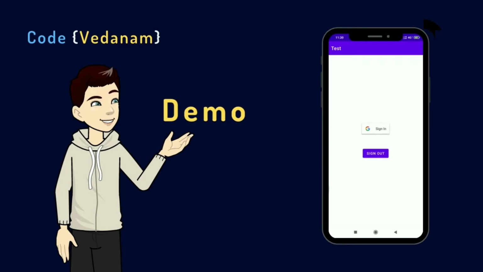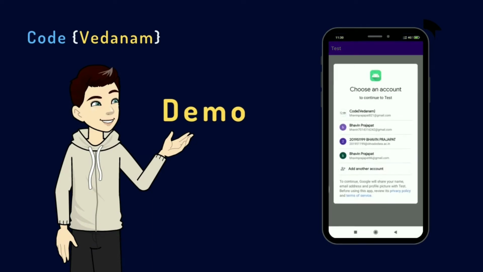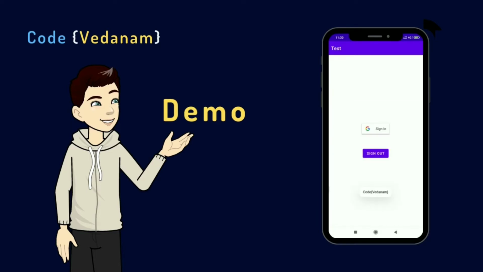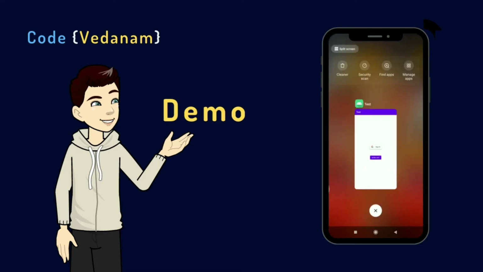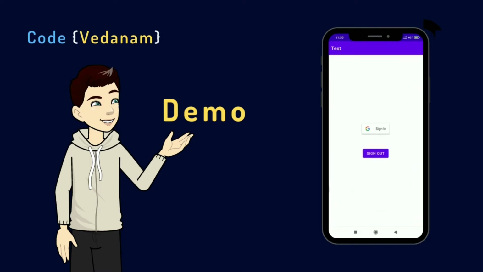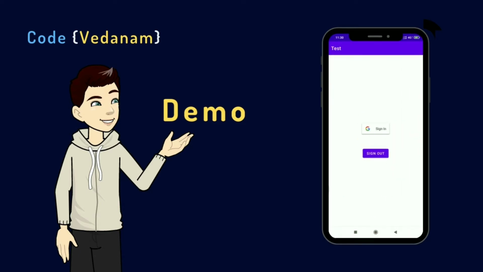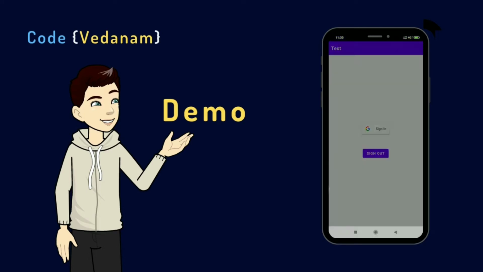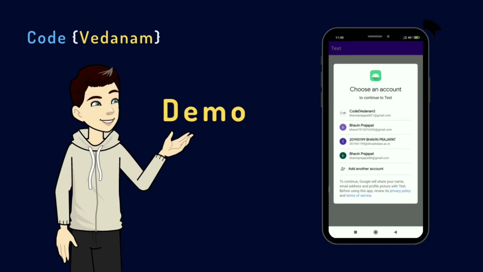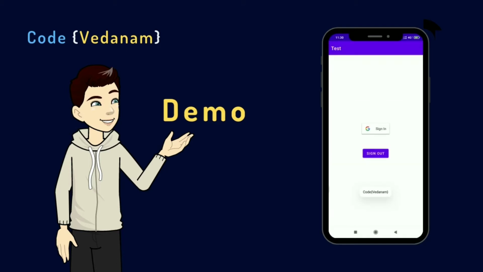Today we will see how we can integrate Google Sign-in into our Android application using Java programming language. And in this tutorial we will implement sign-in, sign-out and checking for the already signed-in users. So just click on the sign-out button and wait for the sign-out to succeed. So sign-out is success. And now our activity restarts and there is no toast generated because there is no already signed in user. So without wasting much time, let's go for coding now.